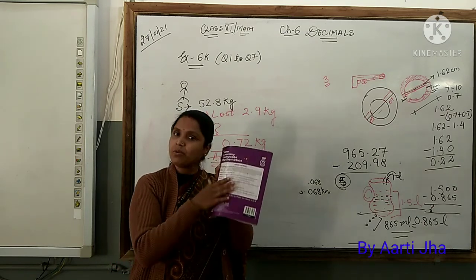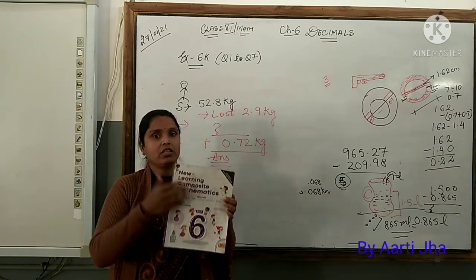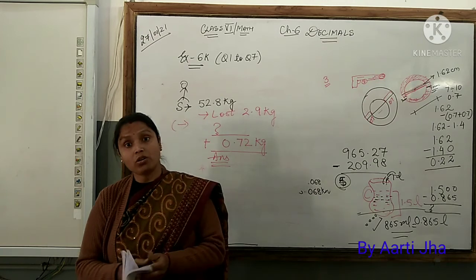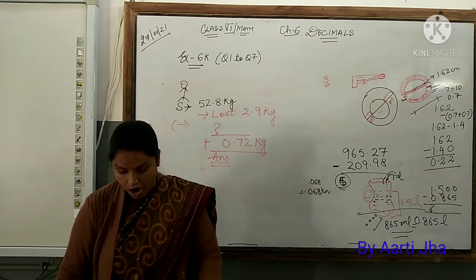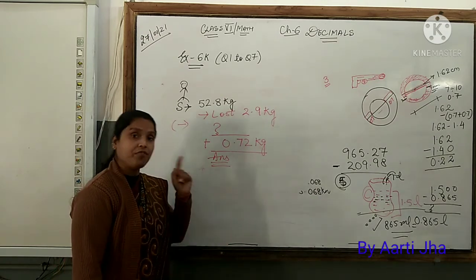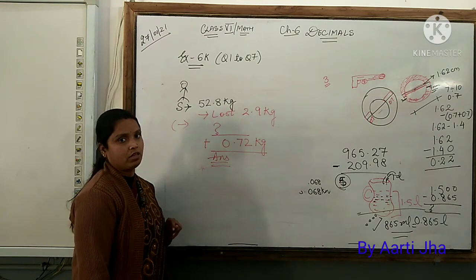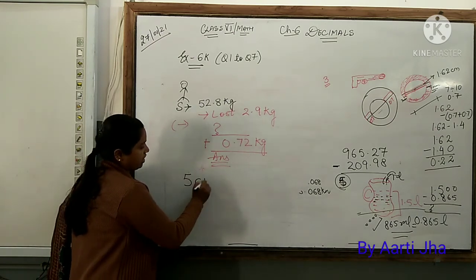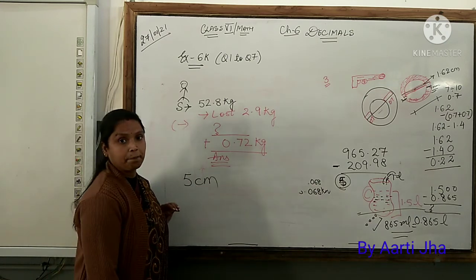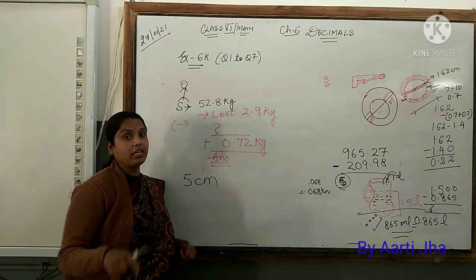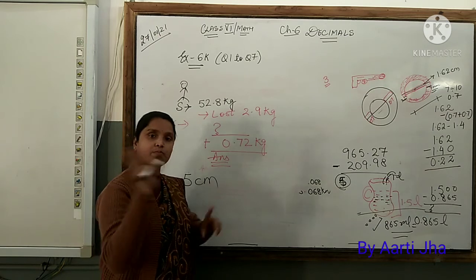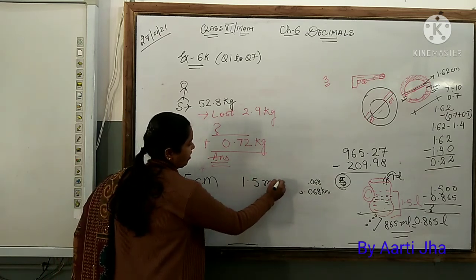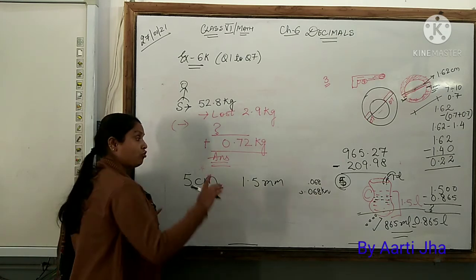So the cover I will be using on the back also, because without the 2 covers a book is uncovered. So they are asking how thick the book is without its cover. Understood the question? First, how thick is it? It is 5 centimeter thick. The cover, as I have shown you, children, is on both the sides. Now one side cover is given as 1.5 millimeter. So 2 side cover